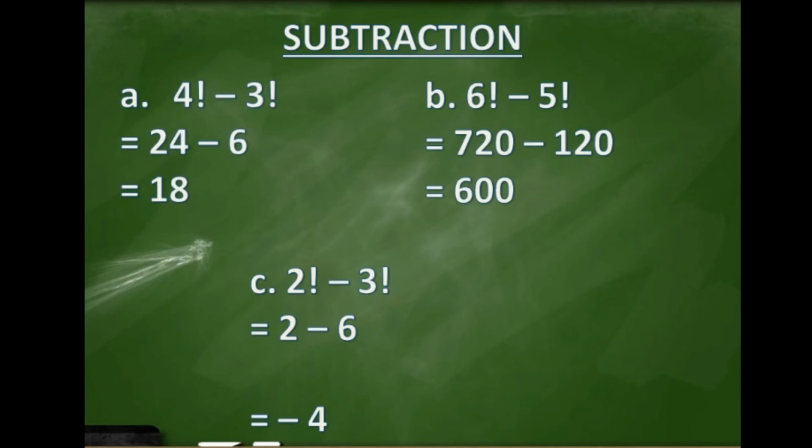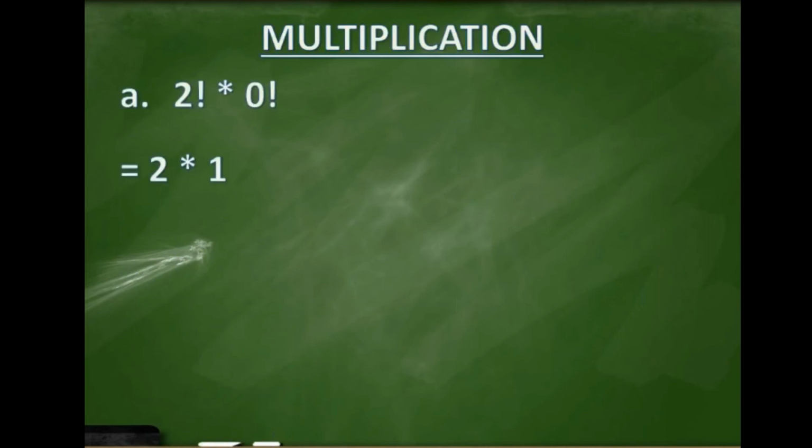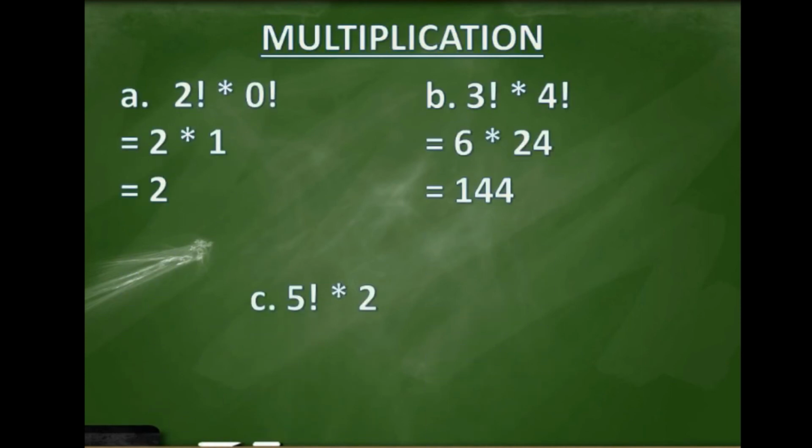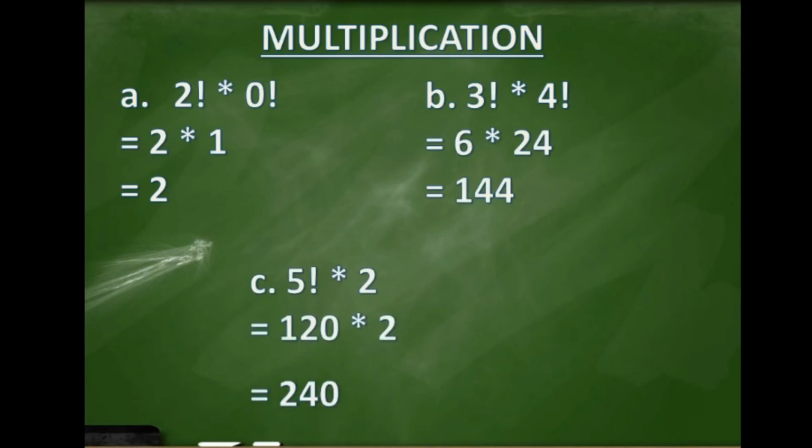Now let's go to multiplication. Letter A, 2 factorial times 0 factorial. So 2 factorial, which is equal to 2, times the value of 0 factorial, which is 1. So 2 times 1, we have 2. Letter B, 3 factorial times 4 factorial. 3 factorial is equal to 6 times the value of 4 factorial, which is 24. So 6 times 24, we have